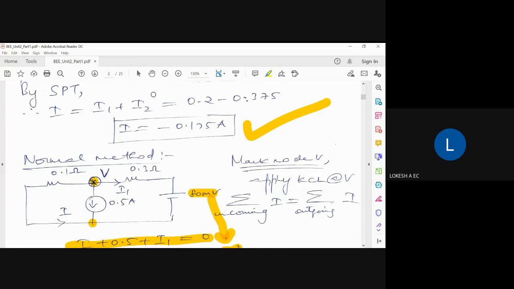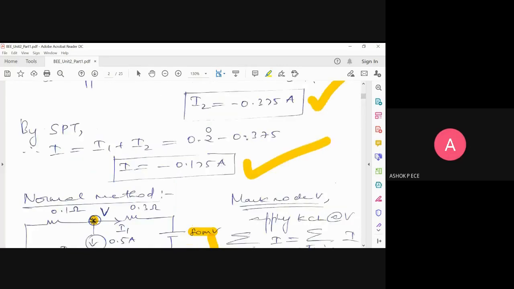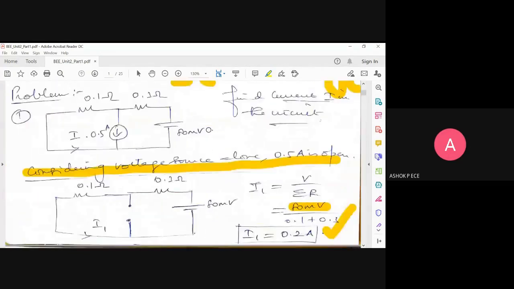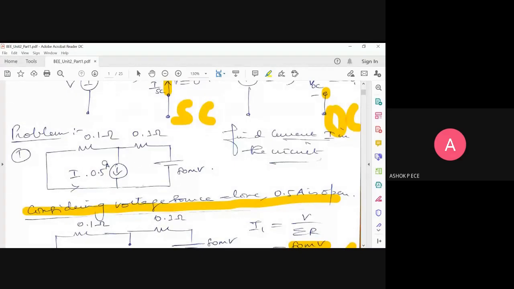Sir, explain again one time, sir. Very, very simple. In the question they have just mentioned find the current I in the circuit. They didn't mention whether you have to use the superposition theorem or not. So this question can be solved by a simple KCL, KVL method itself. But we are taking this example and solving it to demonstrate the effect of the superposition theorem. If in the question they specifically mention to solve using the superposition theorem, you solve. Otherwise, you can use any method for solving. It is not restricted at all.